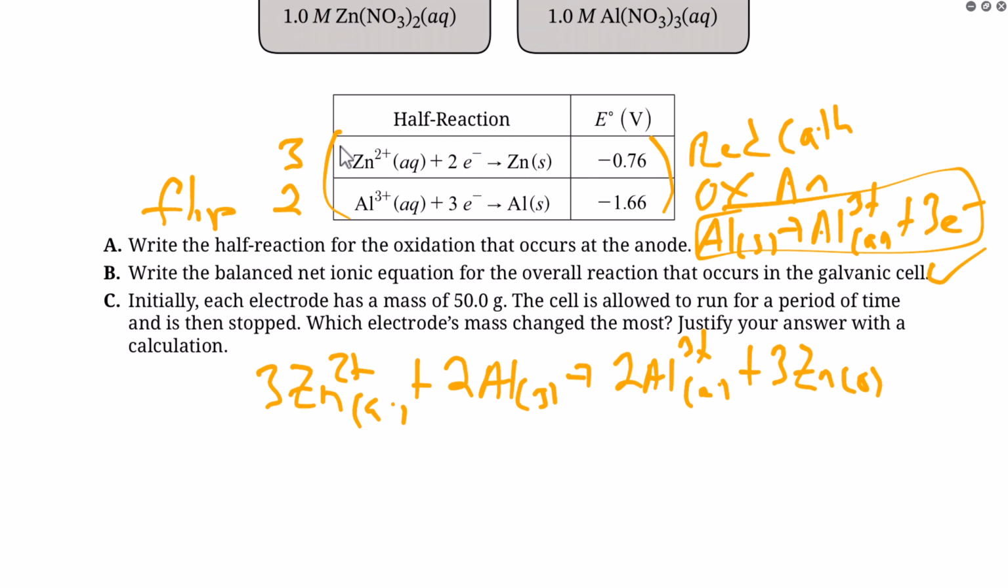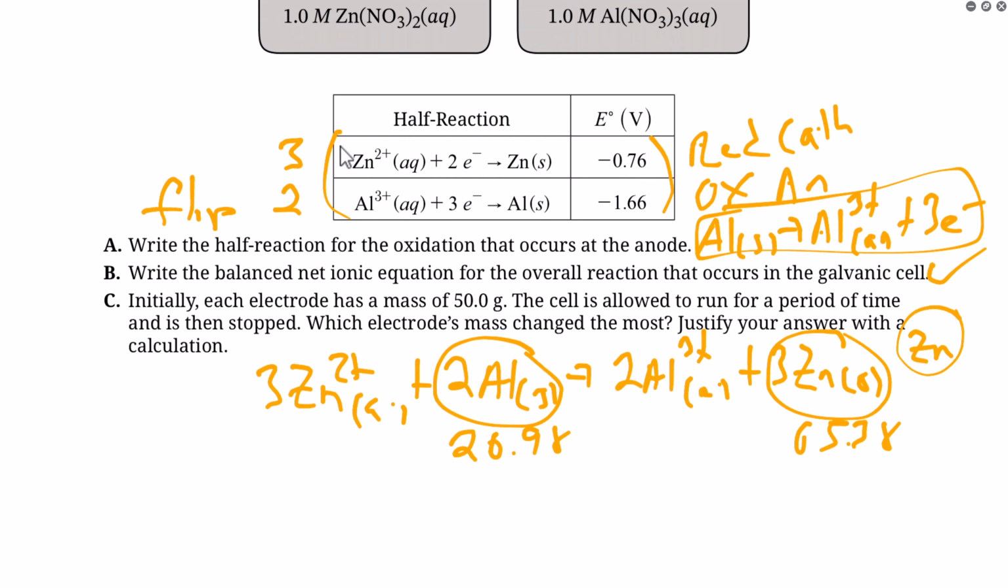I mean, I already know the answer by looking at it, but it says justify it with the calculation. I'm going to lose 2 moles of aluminum and gain 3 moles of zinc. Molar mass of aluminum is 26.98, whereas zinc's is 65.38. So I already know based off of this information that I'm losing an extra mole of zinc and its molar mass is larger. So I know zinc is the right answer here, is going to be what changes the most, but calculating it,